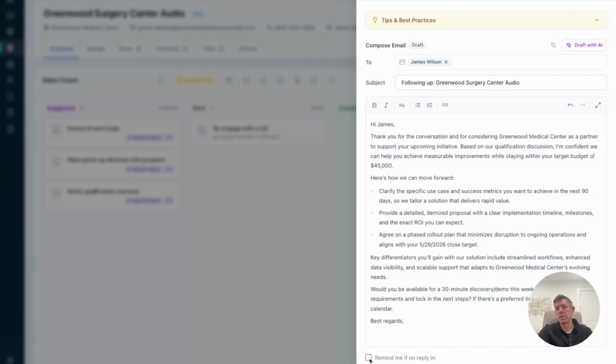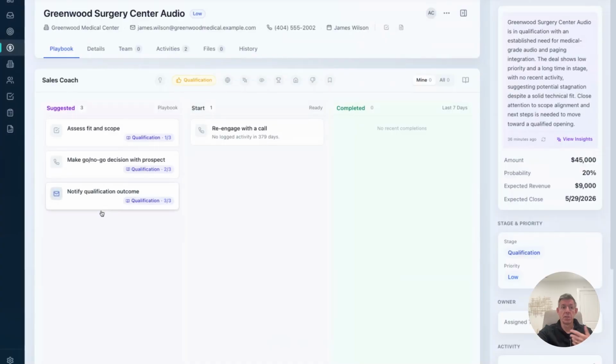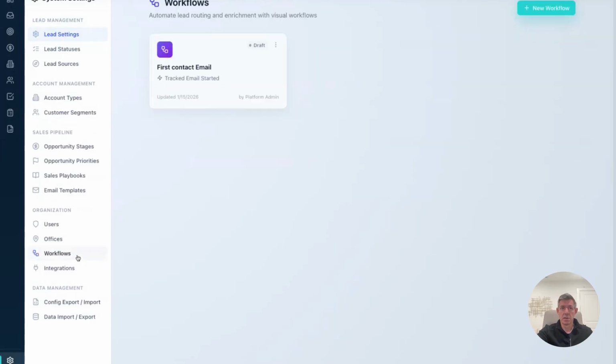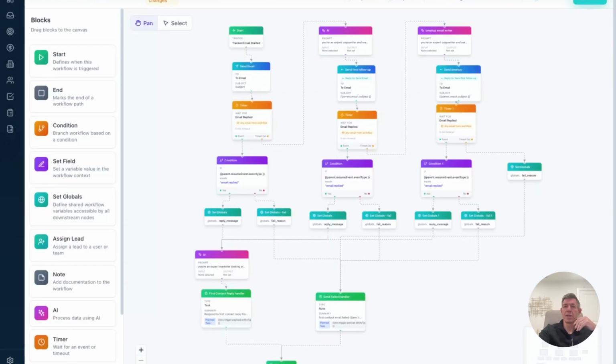And then importantly, this email is not a standalone event, right? An email is just part of a long flow that you're having in a sales process. So it's important to understand that when we send this email, for instance, I may want to be reminded, let's say, if I've got no response in some period of time, so I want that escalated. But importantly, after the email is sent, the system tracks the email and decides what to do next. So if there's a response, how do we parse that response into a next set of actions according to the playbook? If there's no response, what do we do? And there's a key system here, and credit to Mike for building this quickly and professionally for us.